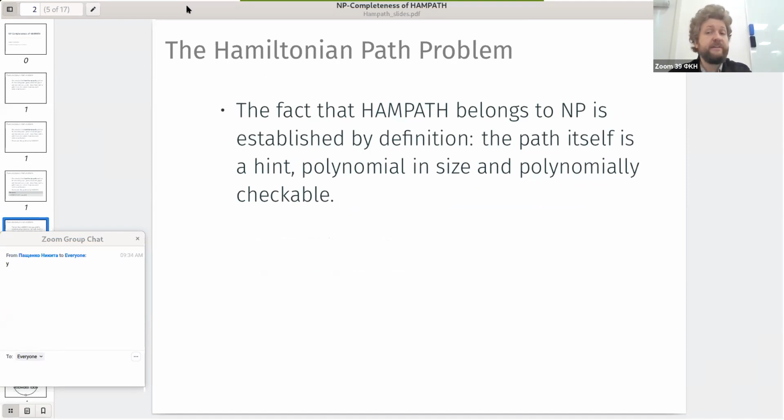The fact that it belongs to NP is easy, as we already discussed. There are two ways of showing this, using either definition of the NP class. If you use the definition with hints, someone gives you the hint and you just check that it's correct, then the hint is the path itself. The path is an object of polynomial size, and checking that it is a correct Hamiltonian path, that it uses each vertex exactly once and goes along the edges,